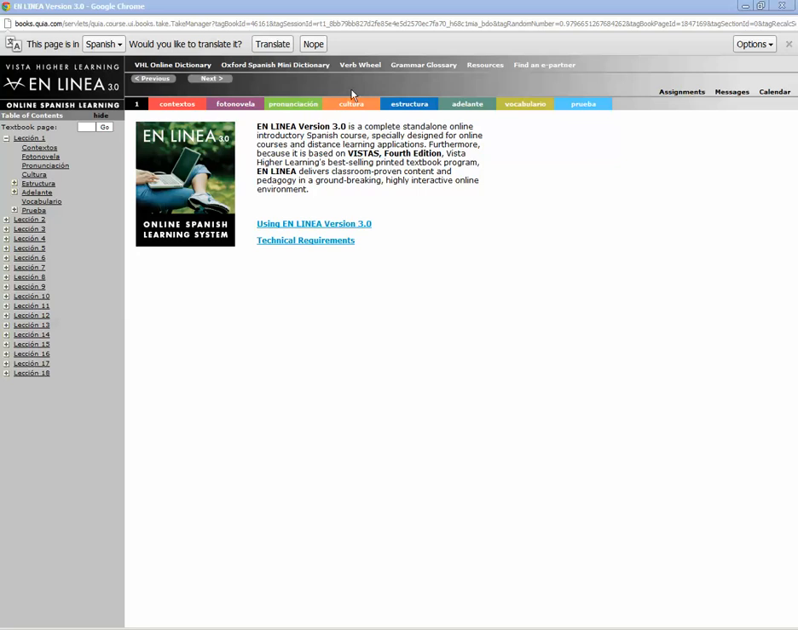As you can see right here, I don't know if you can see it, but I'm using Chrome. I was told by the people from Vista Higher Learning that it is the best browser to use En Linea. You can see right here that it says pages in Spanish, would like to translate. I cannot